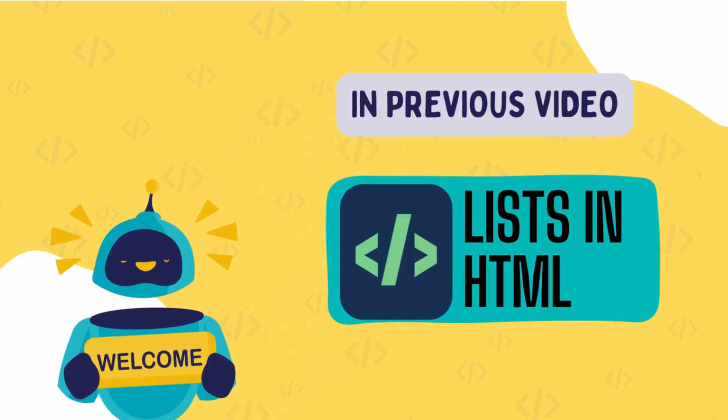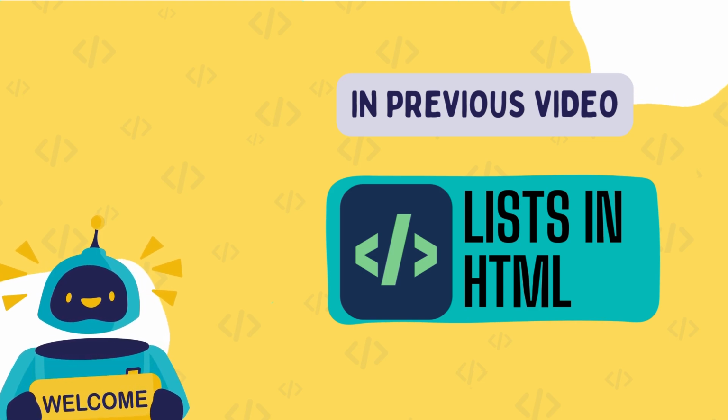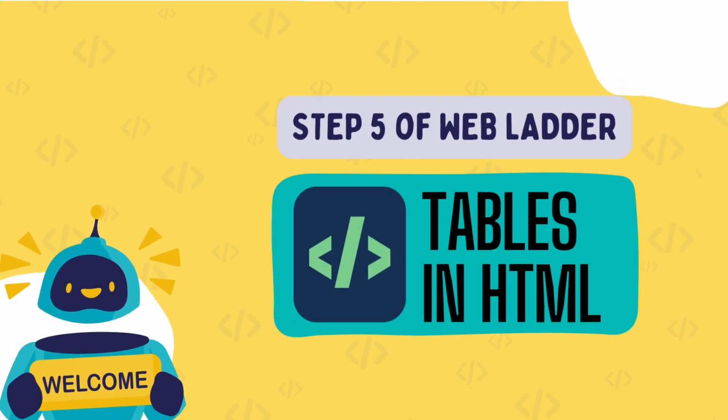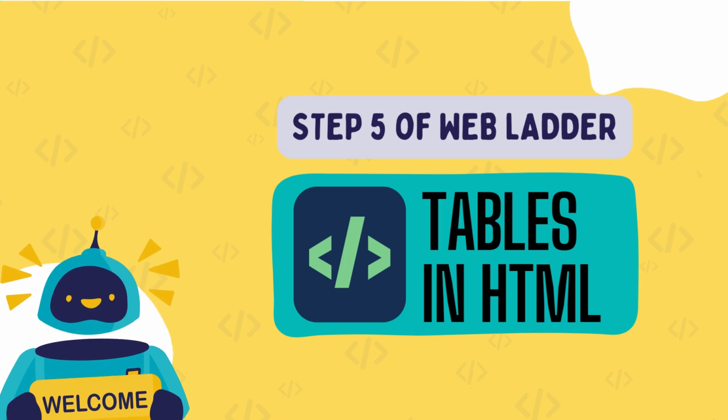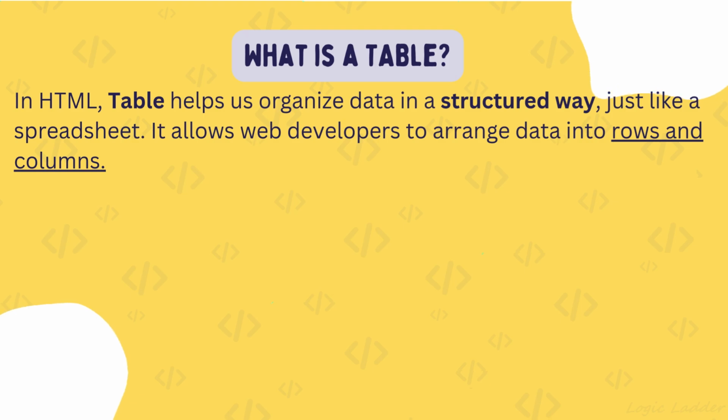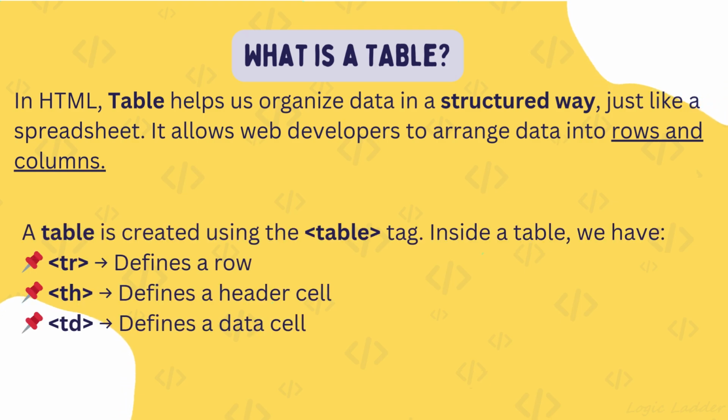In the last lesson, we learned about lists and how to structure information. Today, we're moving ahead to another important element in web development: tables. Tables help us organize data in a structured way by arranging data into rows and columns, just like you do